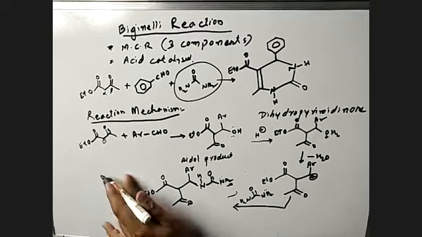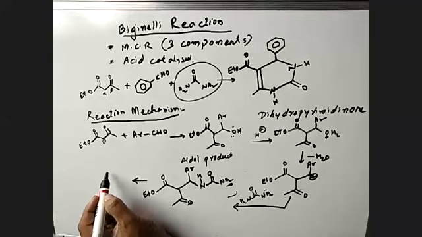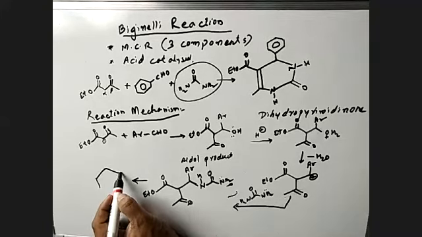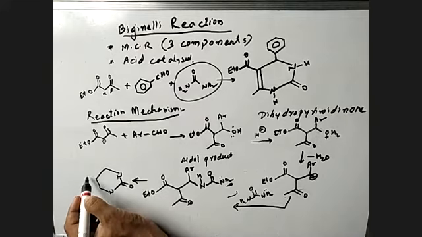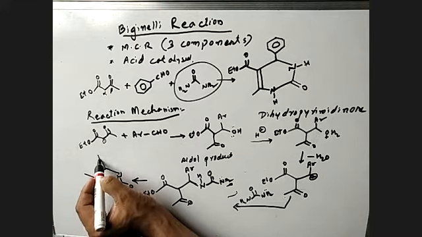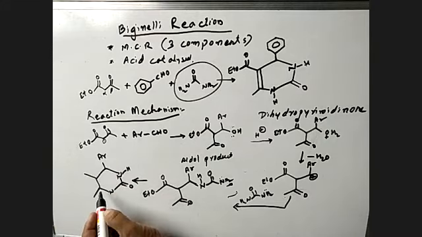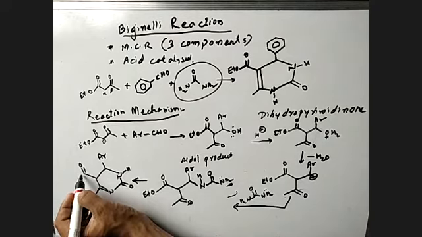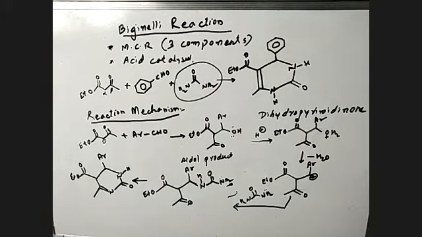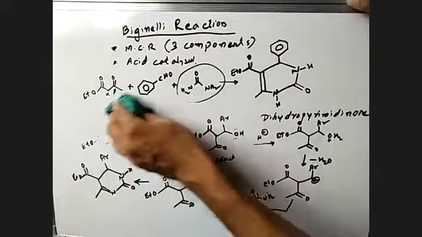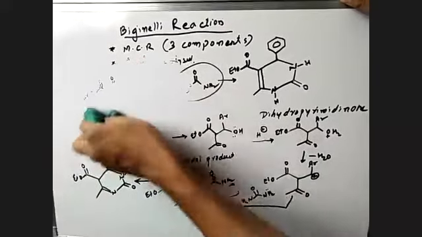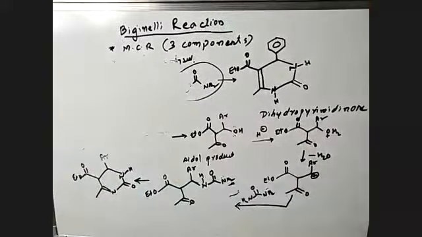See, you read the ring now. Ring formation takes place. You see, and like this, and here H. And see, when there is a loss of water, so there should be H2 like this, isn't it? Yes. And like this, fine. But we always remember, we know that alpha beta unsaturation is always stable. So we will make this as alpha beta unsaturation.